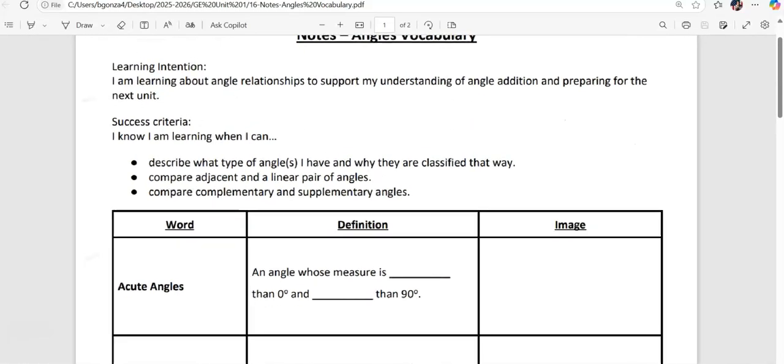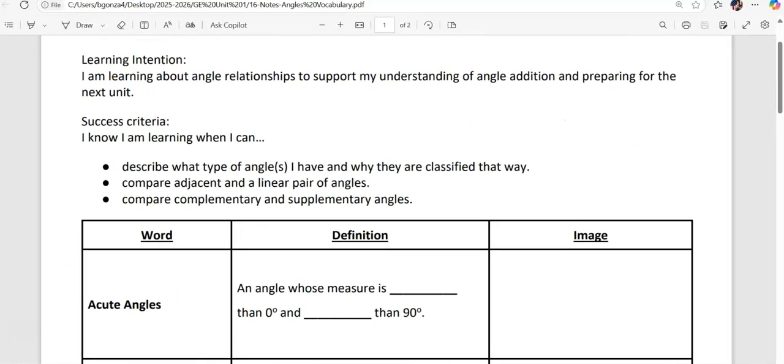At the top here, we have our learning intention and our success criteria. You want to be able to identify angles. Okay, so acute angles. Y'all heard this word before? Acute. Obviously, it sounds like cute. So you think of cute, you think of small, like a little tiny chihuahua. So it's an angle whose measure is greater than 0